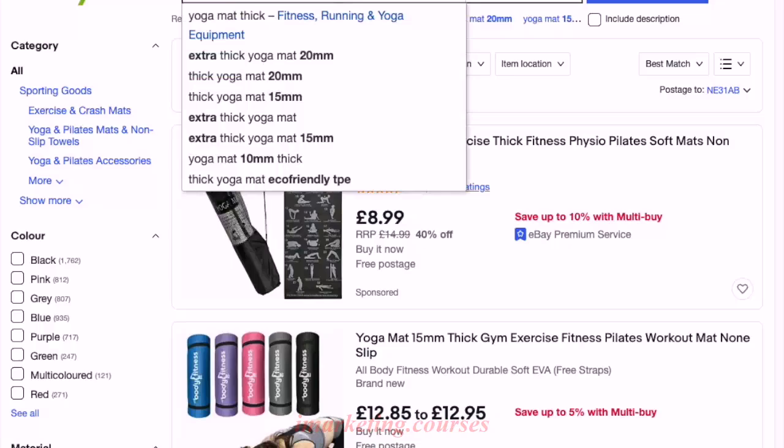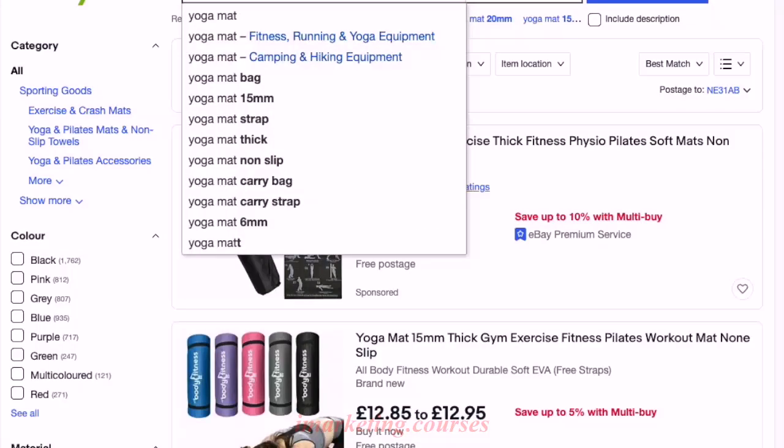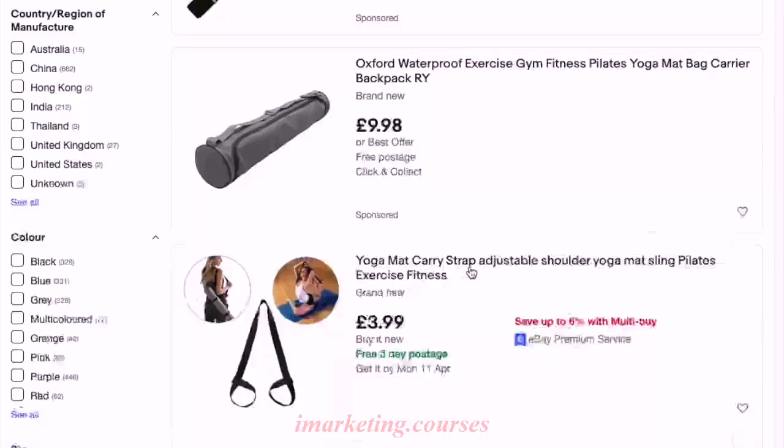So for example, if I go back and just type yoga mat and then bag, people are looking for bag, people are looking for non-slip, again looking for carrier bag as well, carry strap as well, all those types of things as well. I get the product idea from here, see how many people are selling